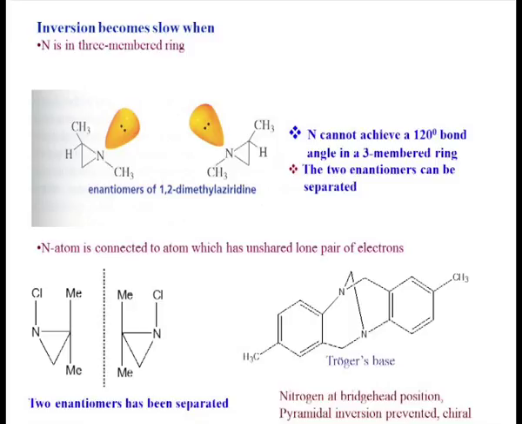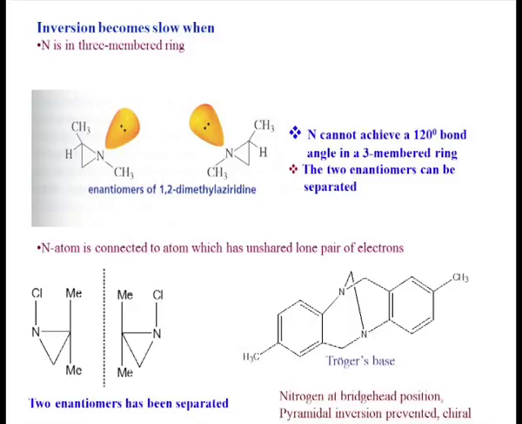So, these are enantiomers of 1,2-dimethyl aziridine. Aziridines are compounds where one carbon-nitrogen bond is present in a 3-membered ring; instead of carbon, one nitrogen is there. The nitrogen is methyl substituted, one carbon is also methyl substituted, and the other is a free carbon having 2 hydrogen atoms. Aziridines are 3-membered nitrogen-containing compounds, and nitrogen is numbered as 1. So, N-methyl is at position 1, and at position 2 the next one is the other methyl. So, enantiomers of 1,2-dimethyl aziridine are indeed obtained.